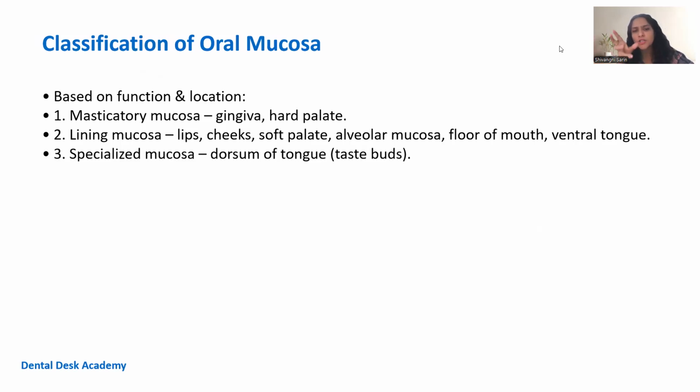Some taste buds are also found towards the soft palate. But one thing I quickly wanted to tell, it's a very important MCQ. There are a lot of types of ulcers actually. But you have recurrent aphthous ulcers, and you have herpes-based ulcers, herpetic gingivostomatitis. Let me tell you, herpes ulcers are more predisposed towards masticatory mucosa, whereas recurrent aphthous ulcers are more predisposed towards lining mucosa. This is an applied fact, very importantly asked in MCQs.